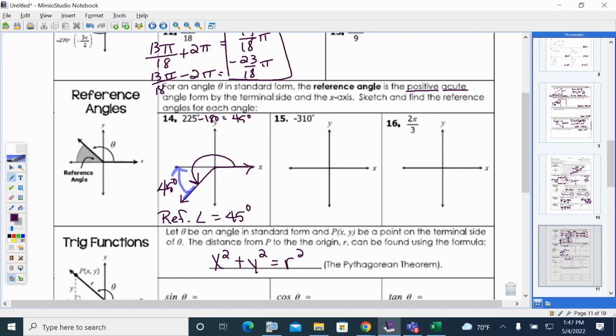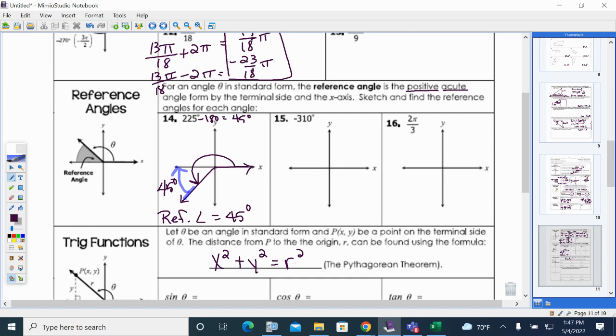Again, the reference angle is formed by the terminal side and the x-axis, whichever axis is the closest. It could be the positive side or the negative side. So let's look at number 15. Negative